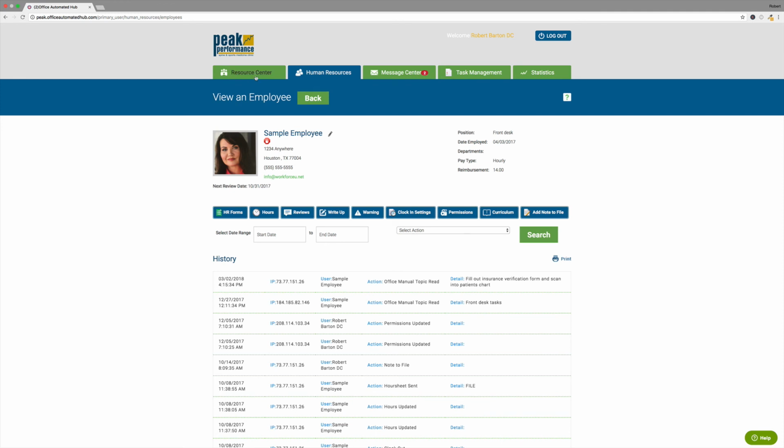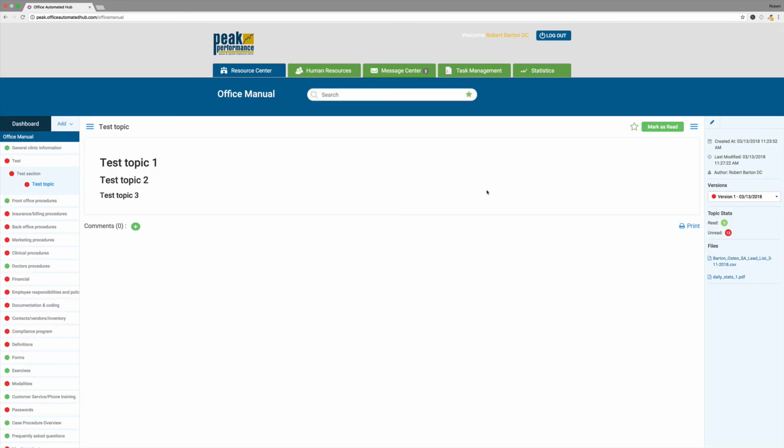Now, if you did not want the changes that you make to be a new version, you just click No for that radio button, and it will just save the update that you put in here without having it show as a new version and resetting all of the Mark as Reads for every employee that has read that particular version. So that is how you create a new chapter, a section, and a topic within the Office Manual,